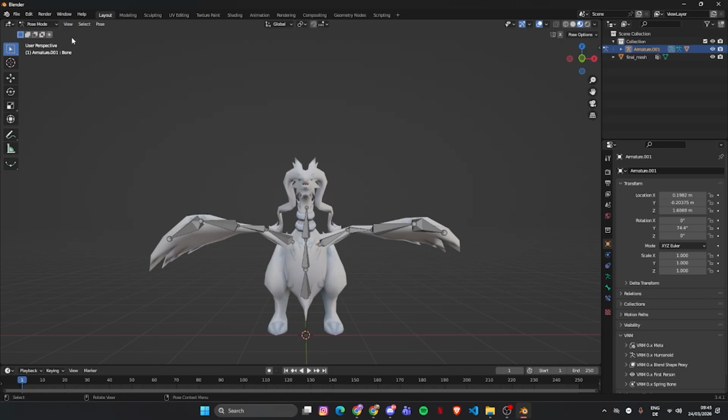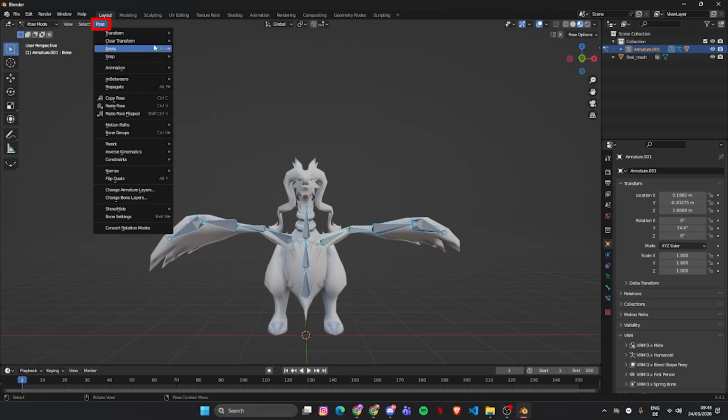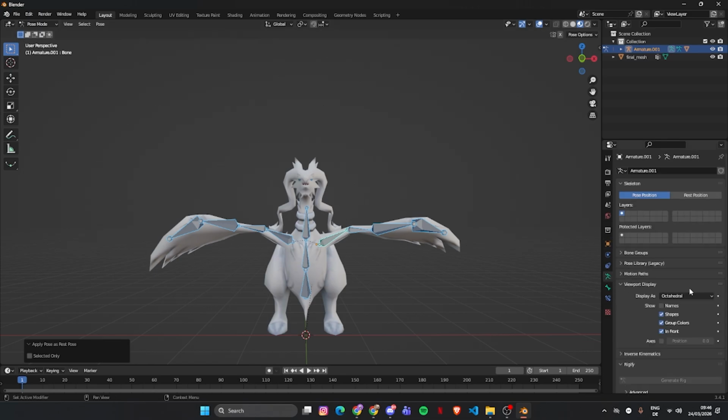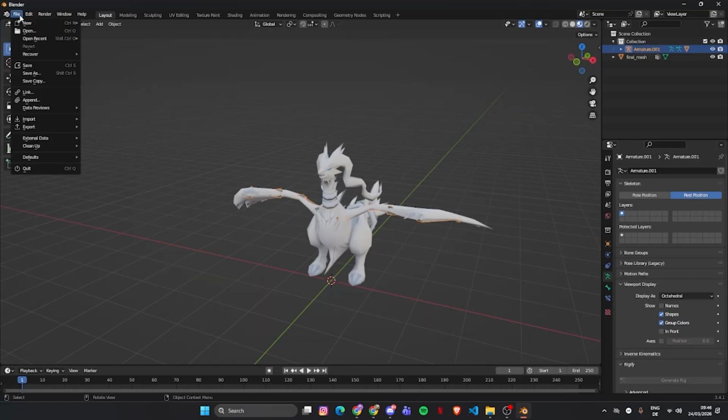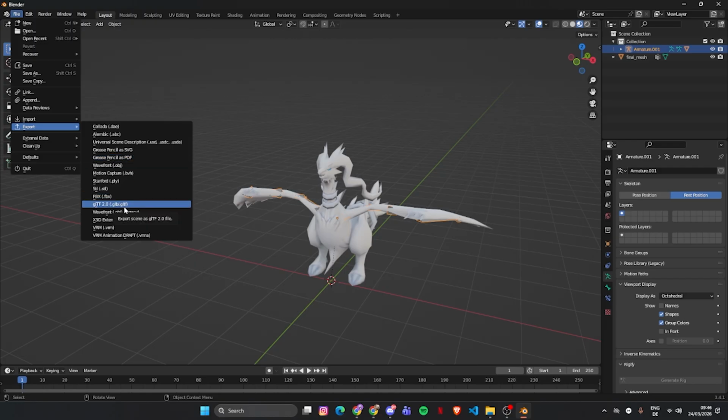We click the armature, we go into pose mode, select all the bones with A, and then we hit pose, apply pose as rest pose. Boom. Now if you go into rest pose or pose position, it's pretty much the same, and you can do the export without a problem. I am going to export it by going over to File, Export, and click GLB/GLTF.